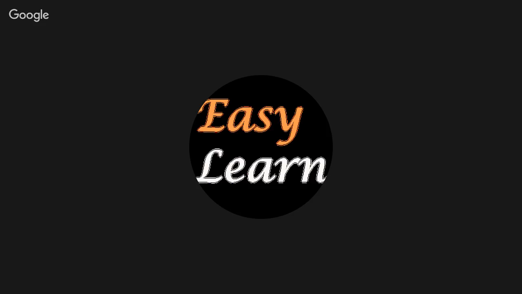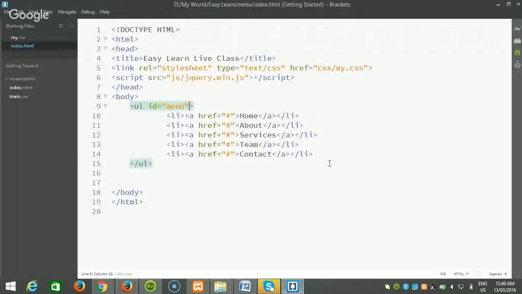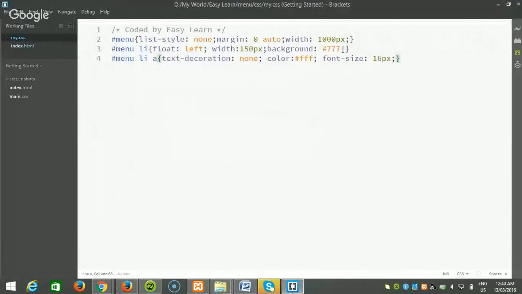See, now it looks better. You can see home, about, services, team, but the menu is very thin. I should give some fat to the menu. So how can I give it? We can give the height for this anchor around 30 pixels. Well, we will give the height to the list item, not the anchor. We can give it 40 pixels. Well, no, let's give it 30 pixels and